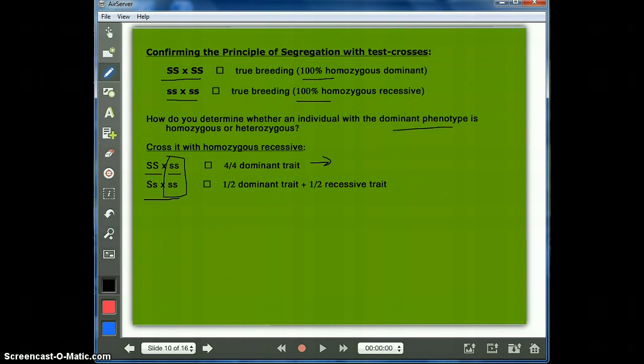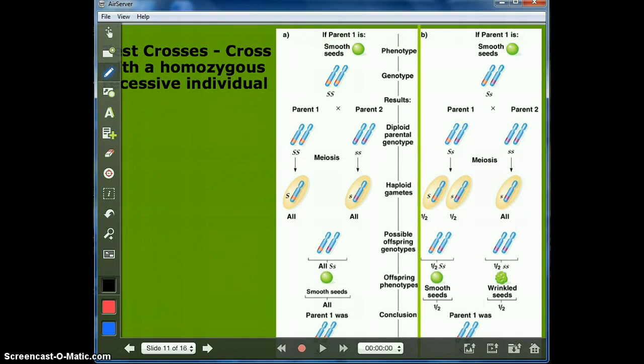If we cross a heterozygous with a homozygous recessive, we should always get half and half. Here's just showing you a little bit of a test cross, and we're going to actually complete